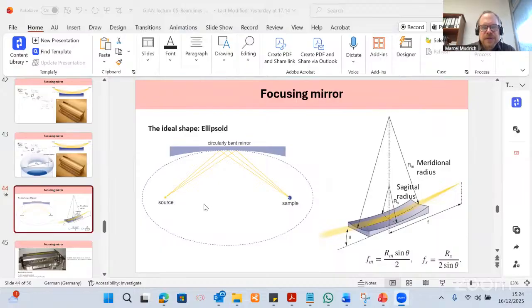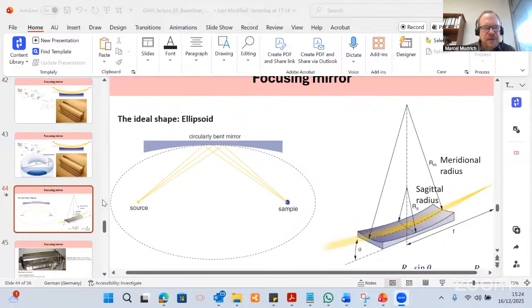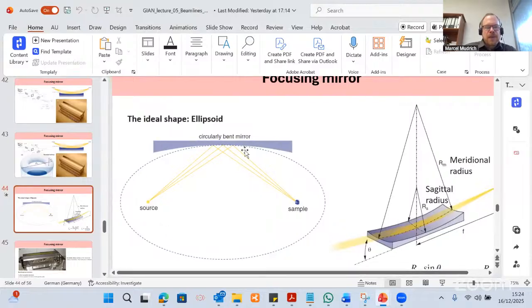That was just for reminding you. An ellipse has two focal points, so naturally the ellipse is the optimal shape to place a point source in one of the focal points, and then we would get perfect focusing onto the